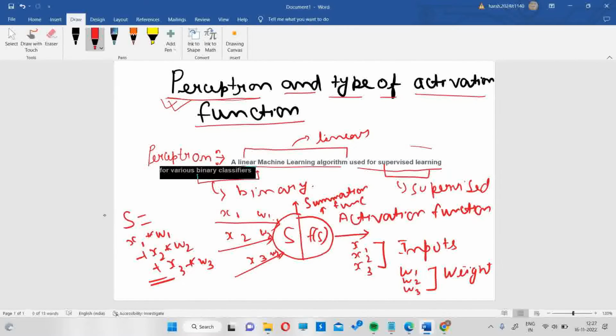And the activation function, which is also known as the transformation function, its value, which is denoted by y, is equal to f(s). I know that it's not clear here, but